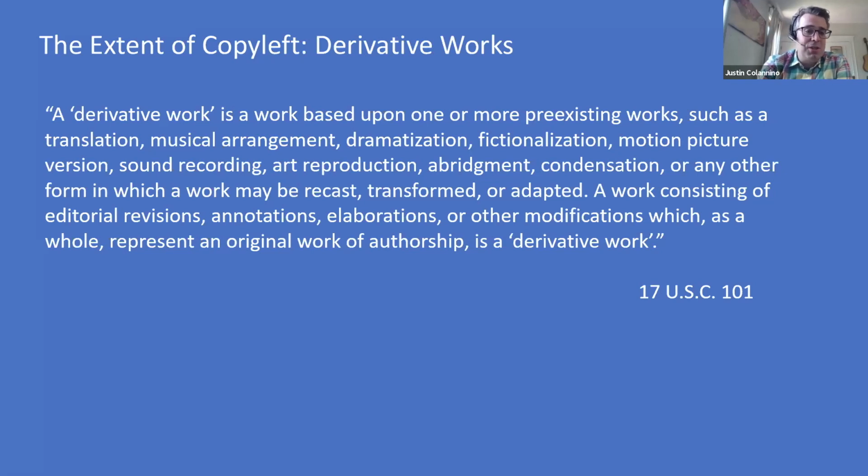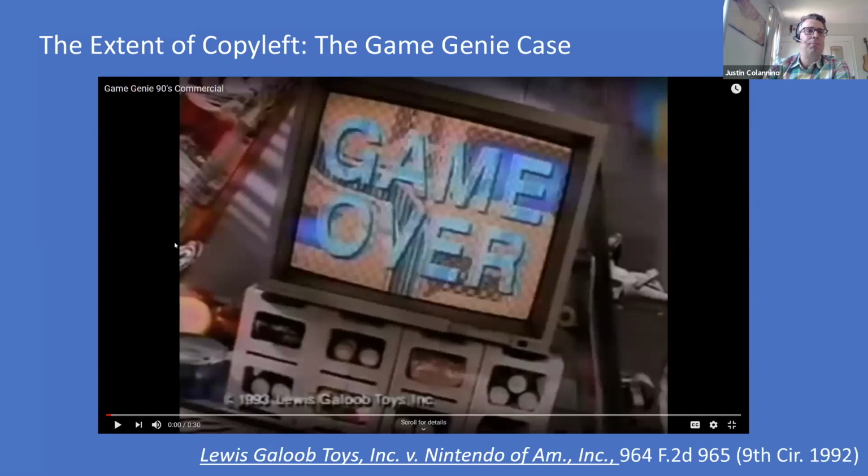There are a bunch of analogies that I could draw. That's a lot of what lawyers do, at least litigators: they think about analogies to cases that the courts have already decided. But I don't see a lot there. So the next step, once you're past the statute, is to look at case law. And there are two cases that I think are pretty interesting here. The first one's the Game Genie case.